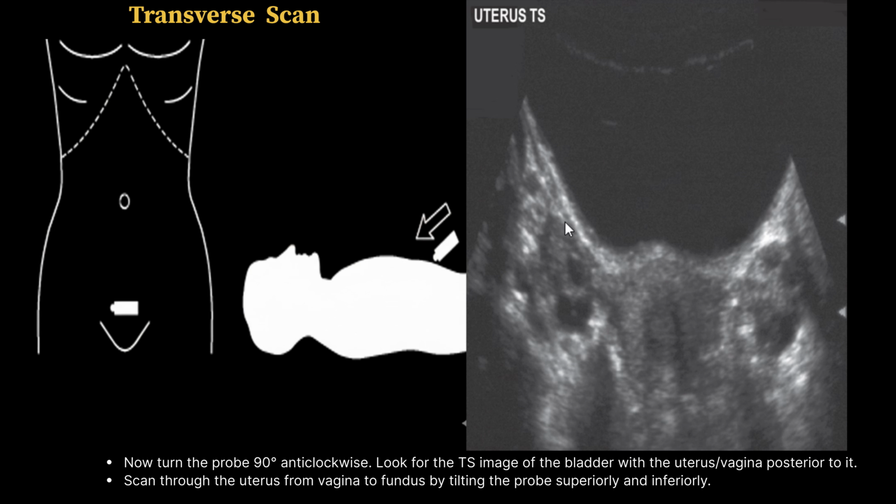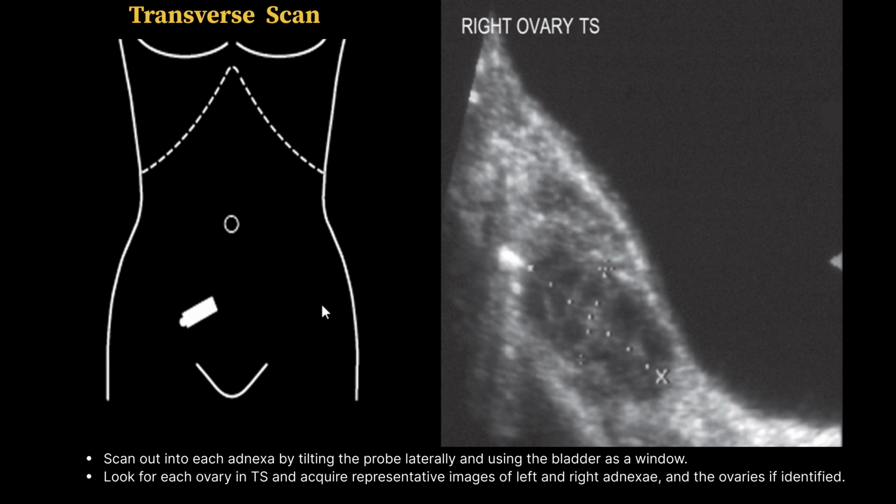And here we can see the right adnexa, and this one is the left adnexa, and both adnexa are showing the small follicles which are visualized here. In the transverse plane, we also scan through the uterus from the vagina to the fundus by tilting the probe inferiorly and superiorly. And now we are going to discuss the probe positioning technique to visualize the right and the left adnexa in the transverse